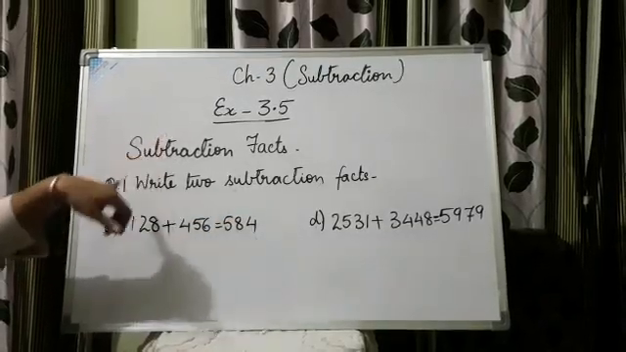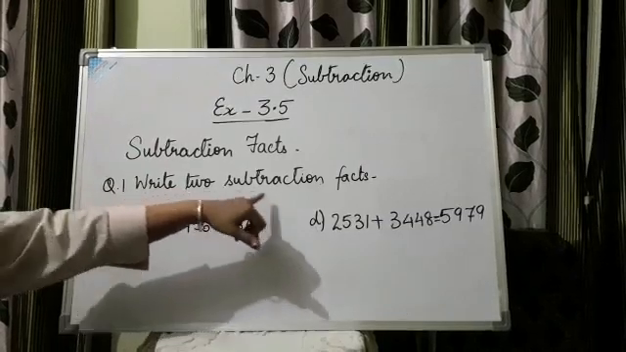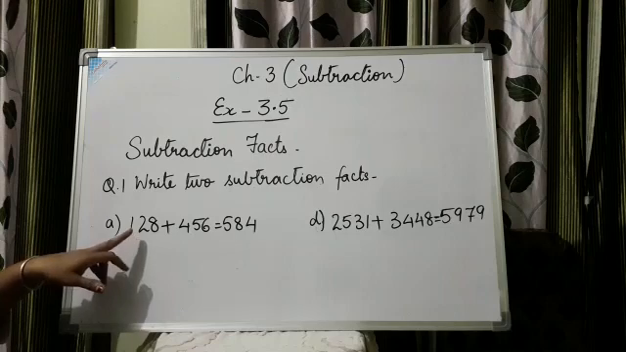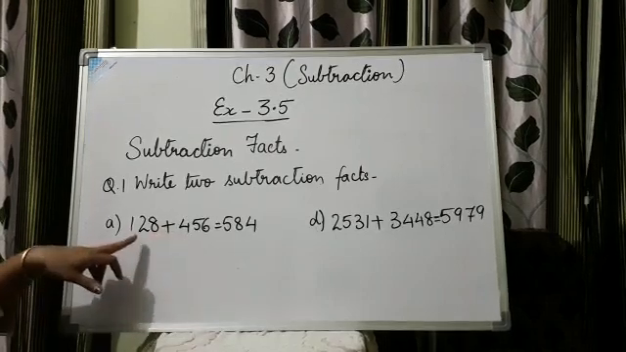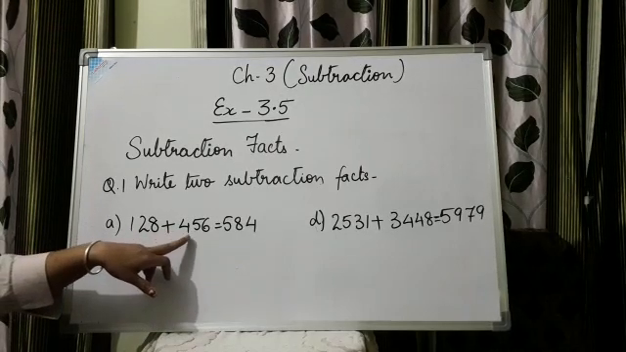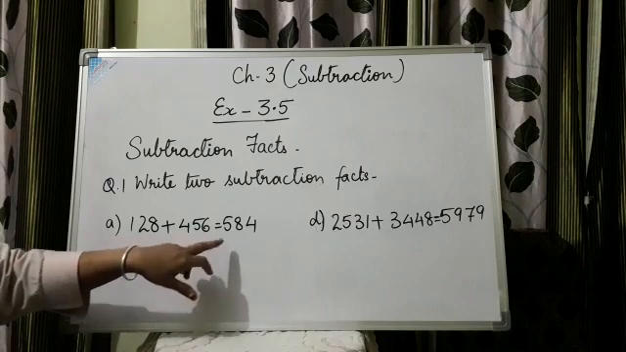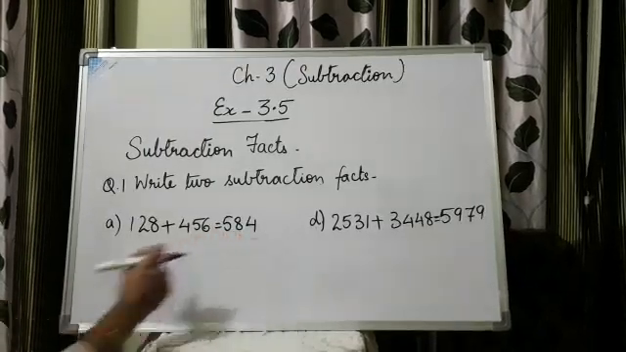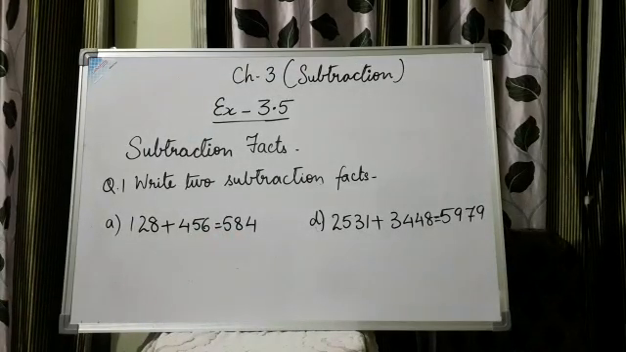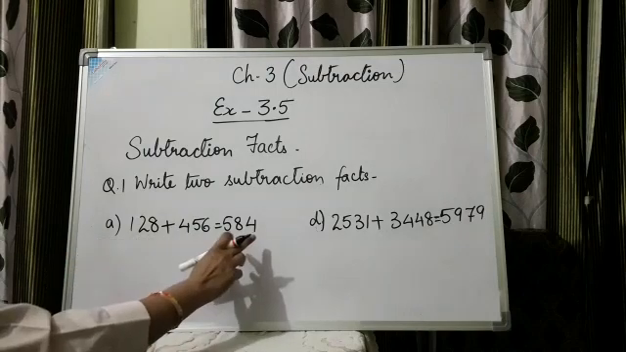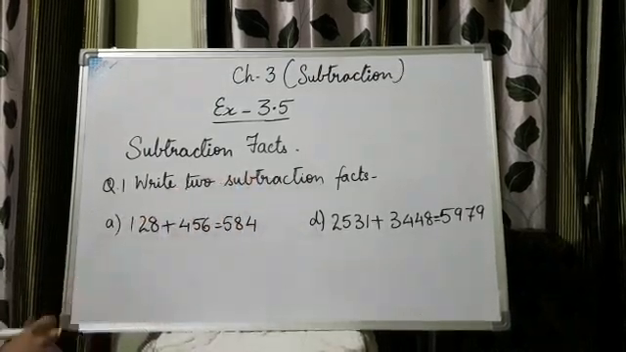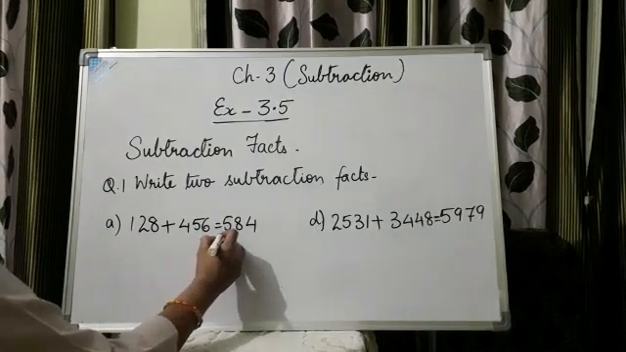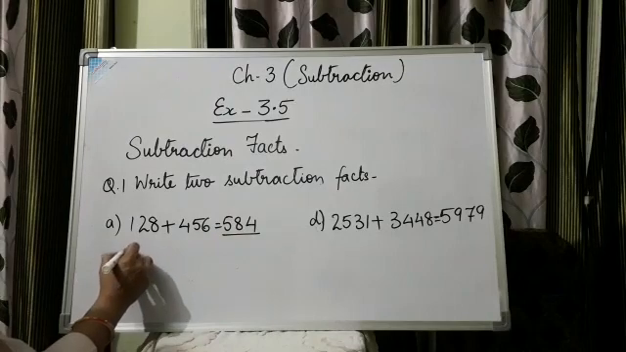So, in this exercise, question 1 says, write two subtraction facts. And the A part says, these two addends, that is 128 when added with 456, gives you the answer or the sum as 584. Students, with this addition fact, you can find out two subtraction facts. Let's see how. By taking the sum first